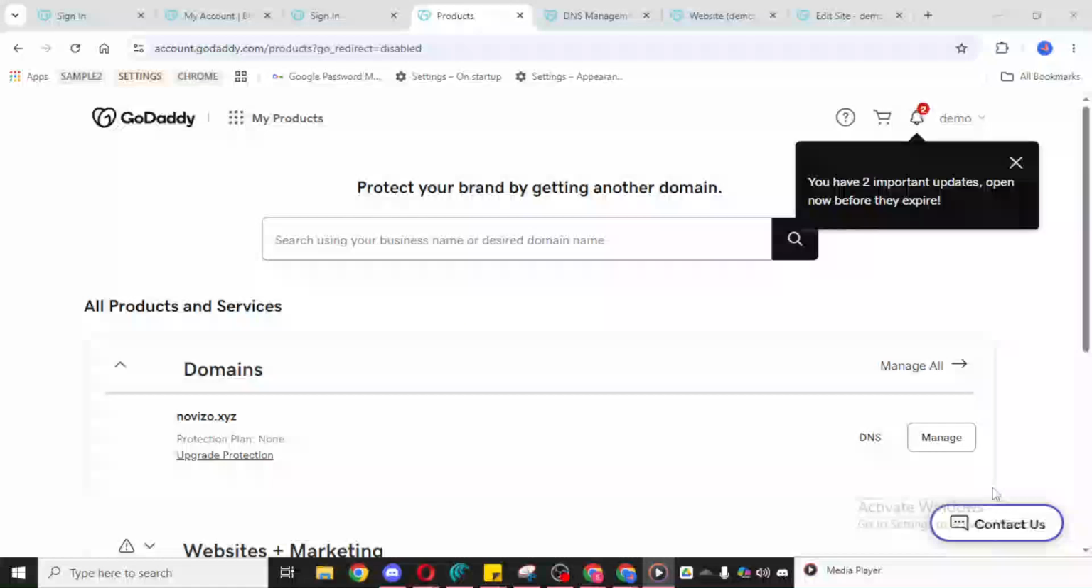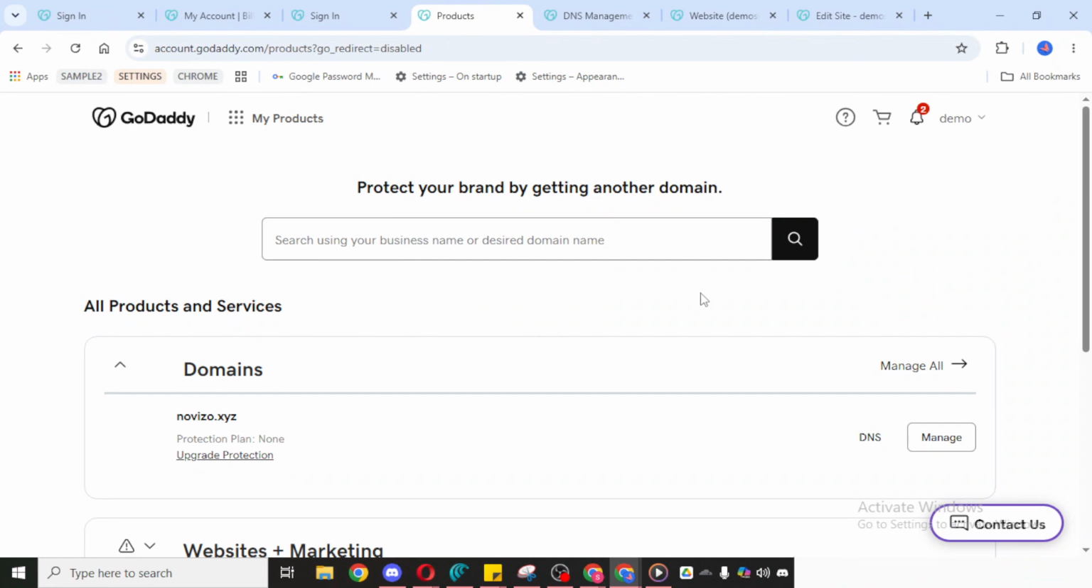In today's video, I'm going to teach you how to turn on DNSSEC in GoDaddy. If you want to add an extra layer of protection to your domain, turning on DNSSEC is a smart step. DNSSEC helps protect your domain's DNS records from being tampered with, which can improve trust and security for your website. In this walkthrough, I'll show you exactly where to find the setting inside your GoDaddy account and how to enable